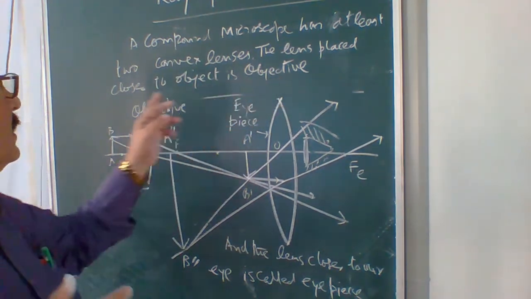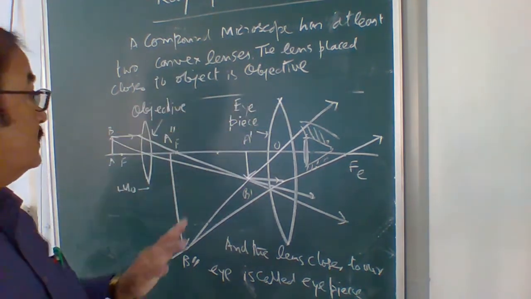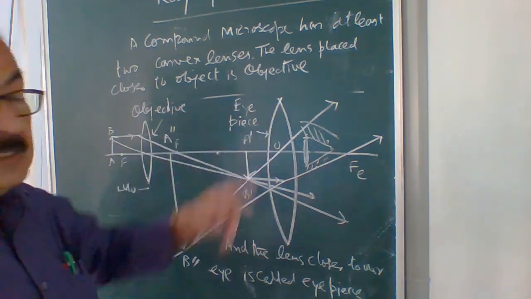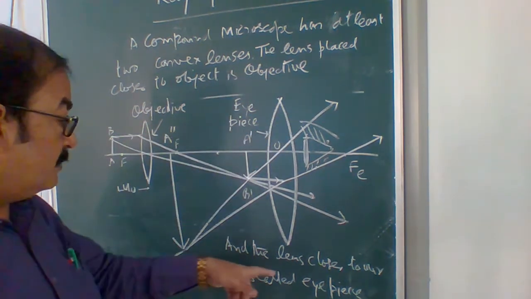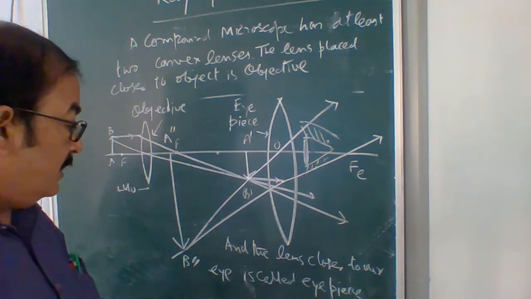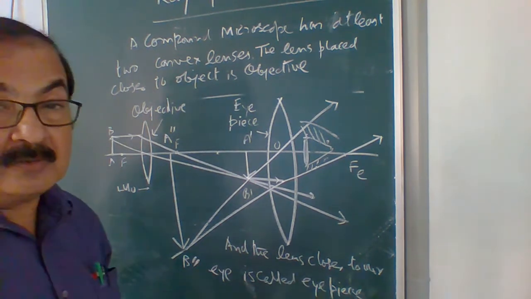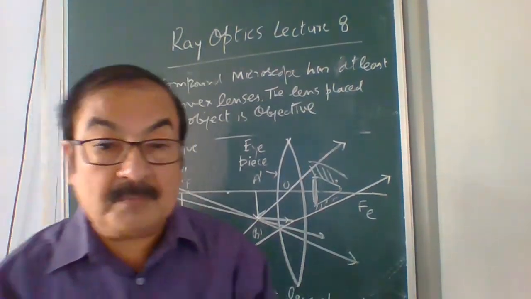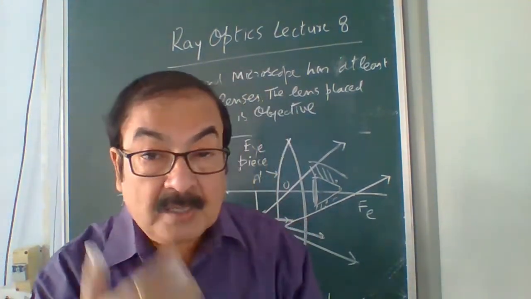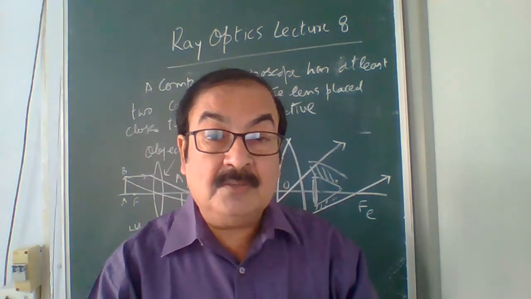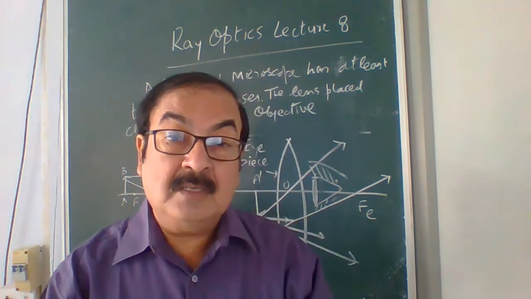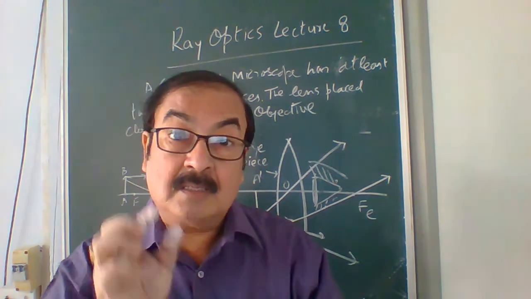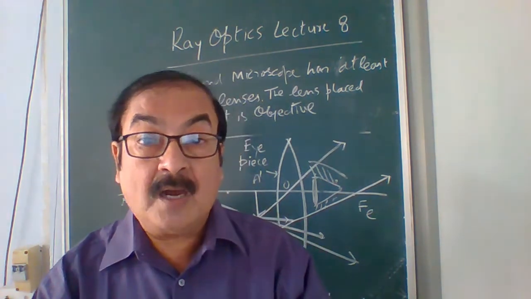The lens placed closer to the object is called the objective, and the lens placed closer to our eye is called the eyepiece. Eye तो हमेशा लेके चलता नहीं है, लेकिन eye कहीं ना कहीं रखोगे, point of observation कहीं ना कहीं होगा, where you can observe the final image. That lens जिसके सामने आप अपनी आंखें रखोगे, that lens is called your eyepiece.